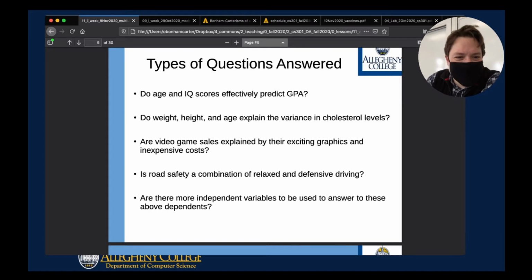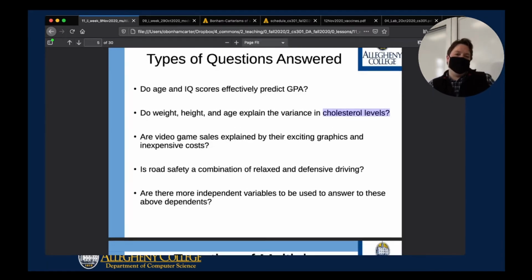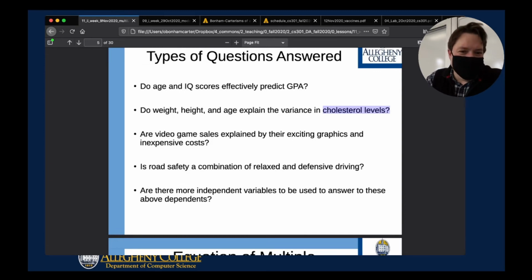The same thing is true for the next question here, for instance, the cholesterol levels. We're looking at how weight, height, and age express some kind of variance in cholesterol levels. Again, we're looking at multiple things here, not just one. We're not just looking at how age affects cholesterol levels, if you can make such an assessment, but we're looking at weight, height, age, and maybe you can even add other things too in here,